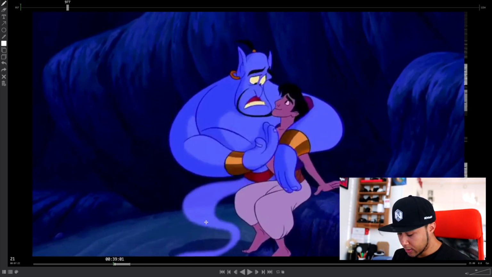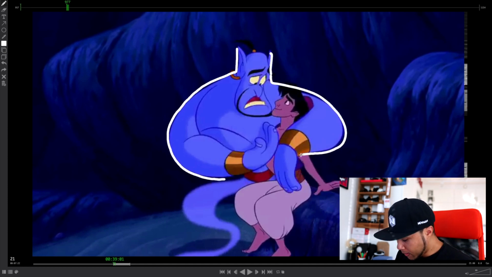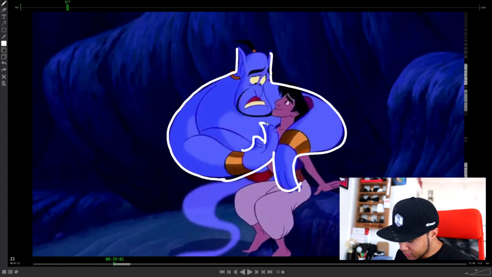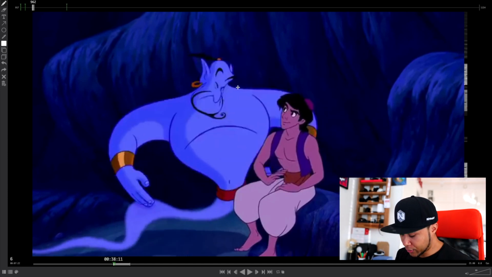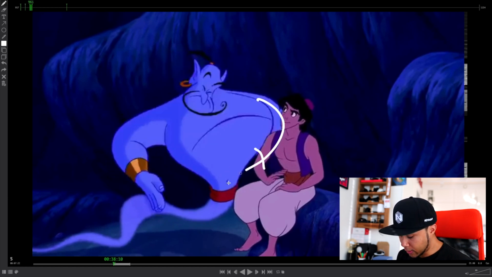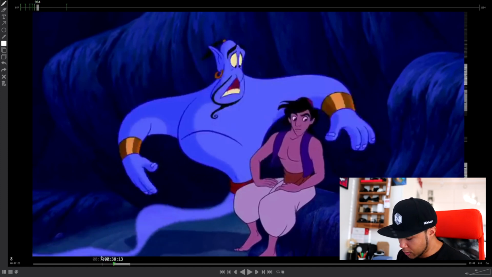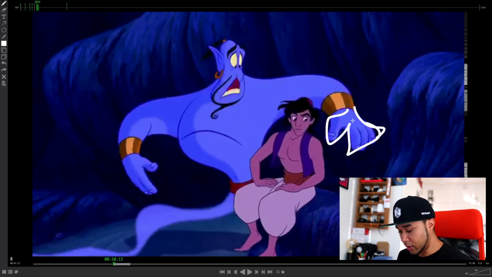So this will be one of the main poses, and then I'm guessing that the goal is to go to this pose where he's patting Aladdin and telling him that you have to understand. We're not talking about poses here, but check how beautiful these poses are. He breaks the joints really well by putting the arm this way. Here it kind of disappears, so you just see the shape. And then the arm just breaks down in a curve, and then the wrist just kind of flicks with the overlap,